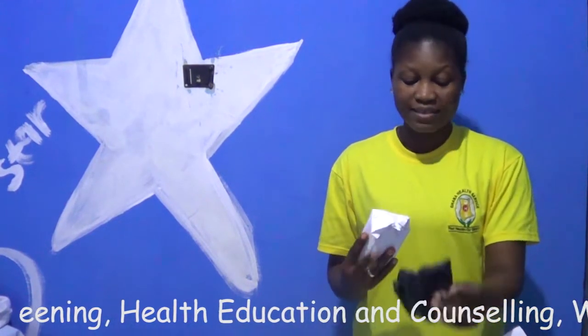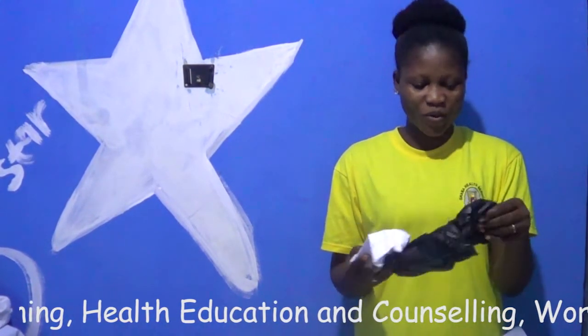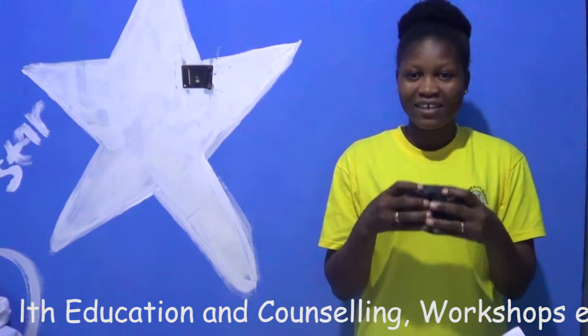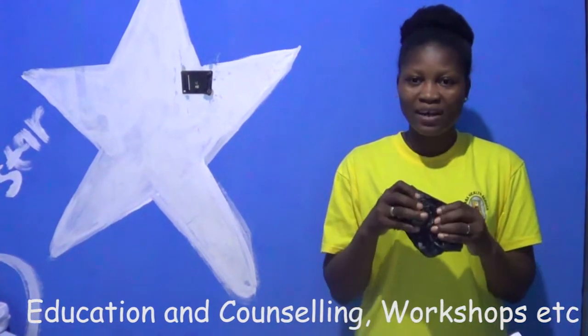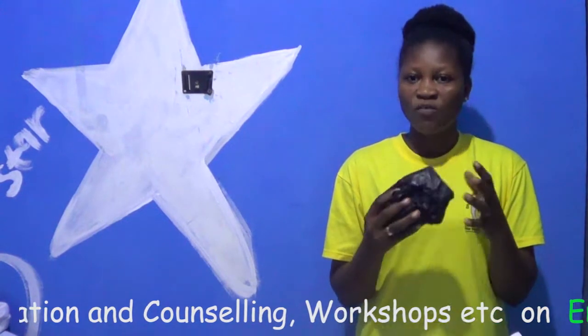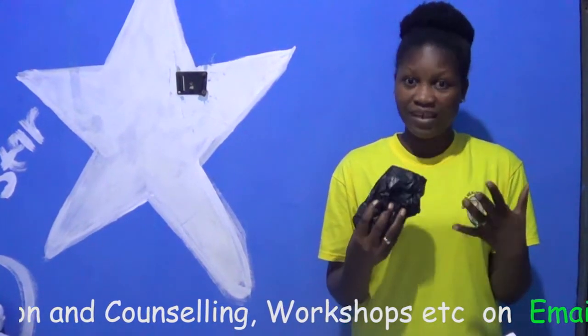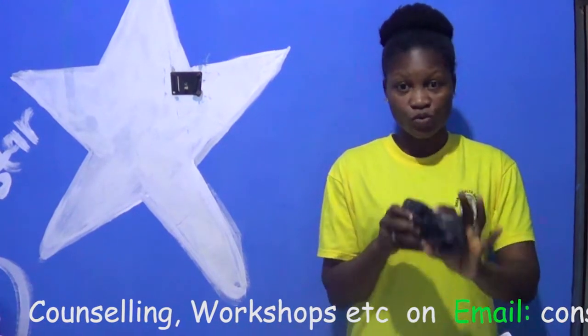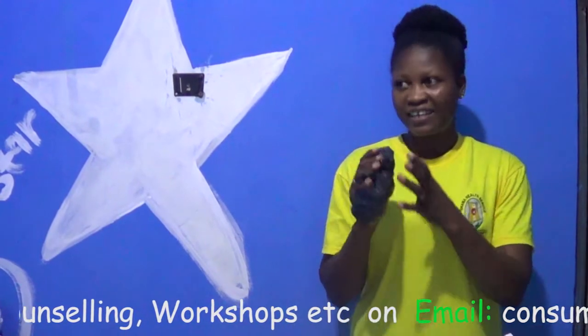And then you can also get a polythene, a clean one of course, and then you put it in. This can just be in your purse, in your ladies bag, in your school bag, and you are ready. So when you are in school, when you are in the office or anywhere and you are feeling that you are flowing, you know. So 4 to 6 hours, remember, you need to go and change yourself in a clean